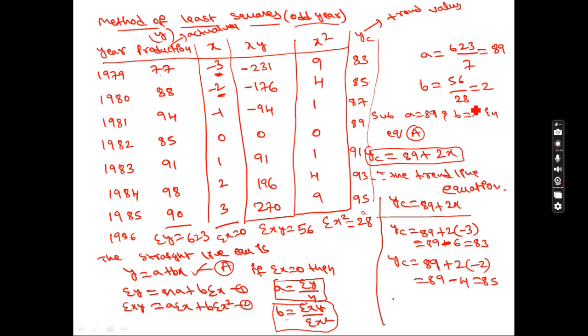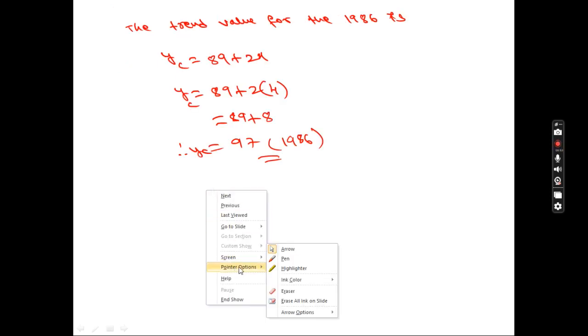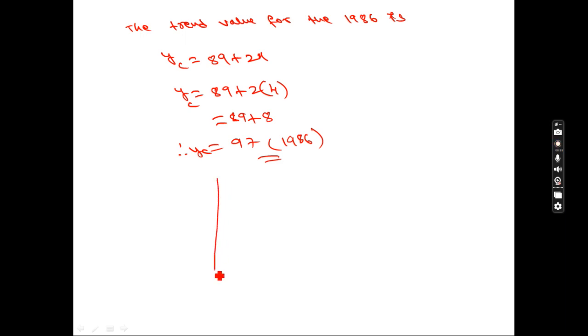So what you do after drawing this is take one graph, roughly. Take the x-axis and draw the graph. On the x-axis you take the years, and on the y-axis you take the values, production, sales or production, whatever is given in the problem. I am drawing roughly here. Suppose like this: 1973, 1974, and so on. Just plot all the values which are given